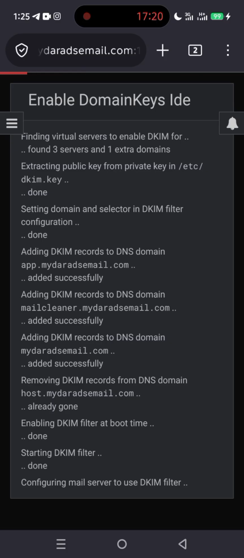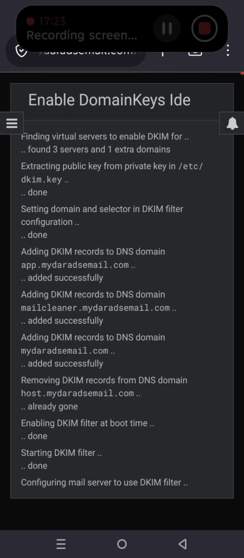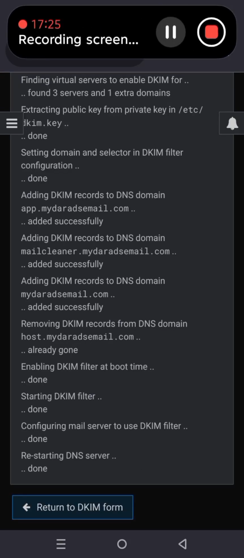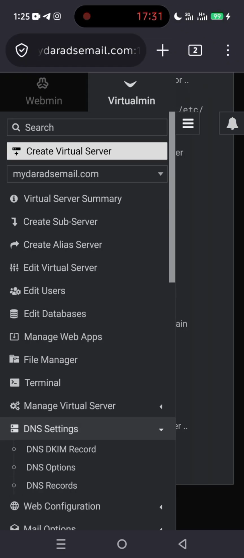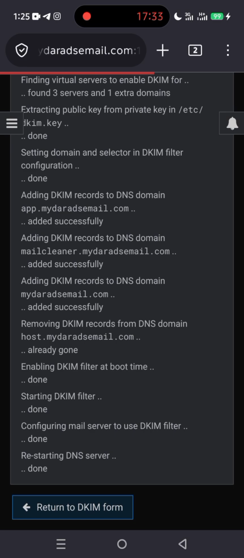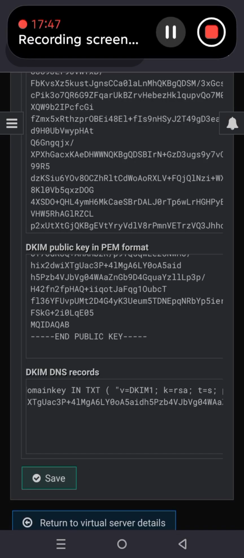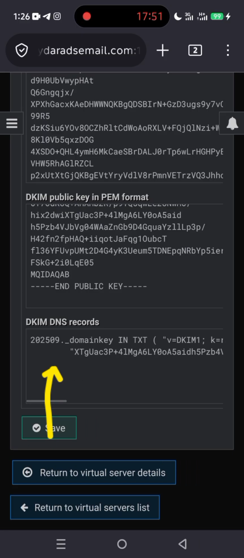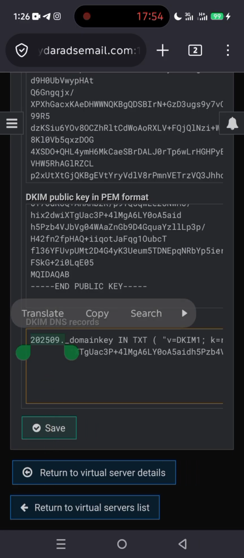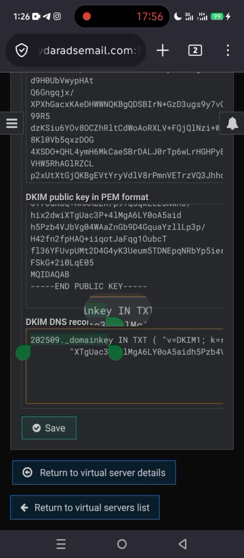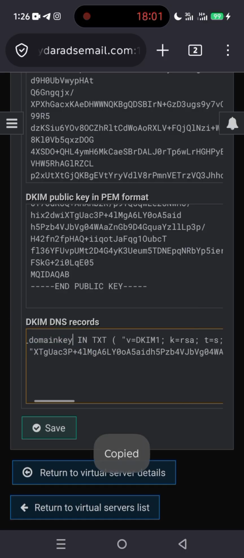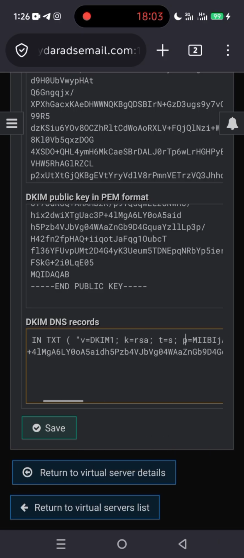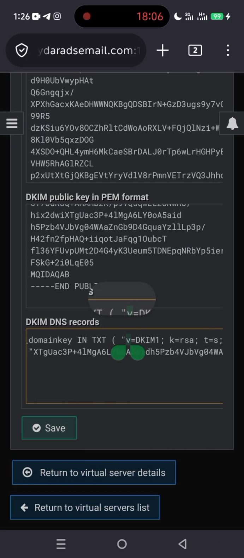So wait for this to complete. So it is done. So let's go to DNS DKIM records. So this is the record. So what you want is just this last one now. This is where we are going to focus. So you have to copy this. I'll copy this one. Then come in here. This one now that is in this bracket. You can copy from the distance though. And people remove it, but